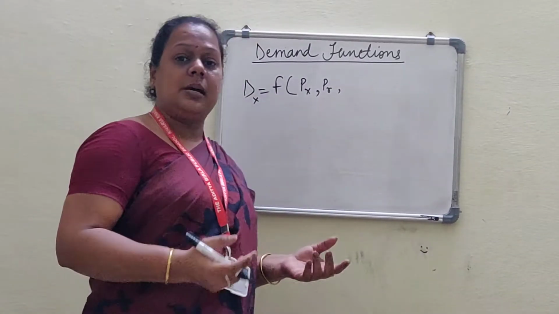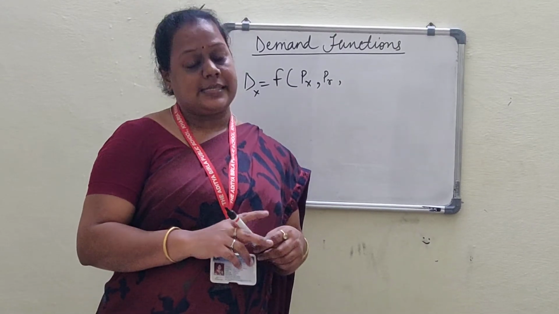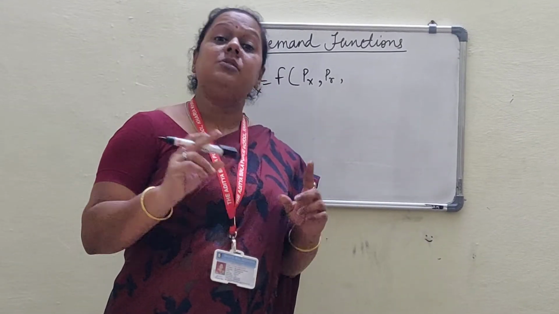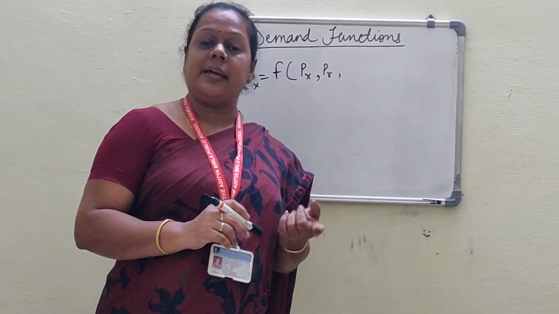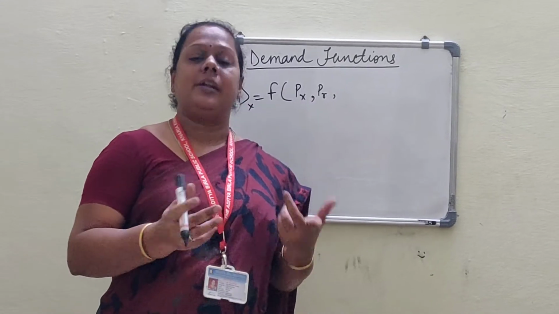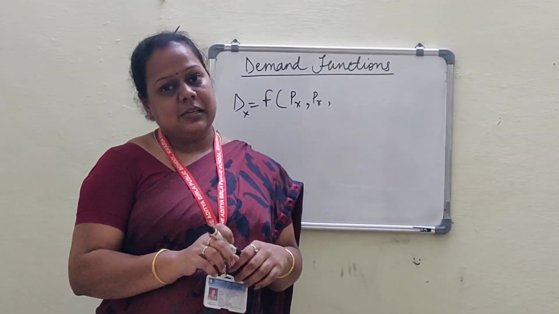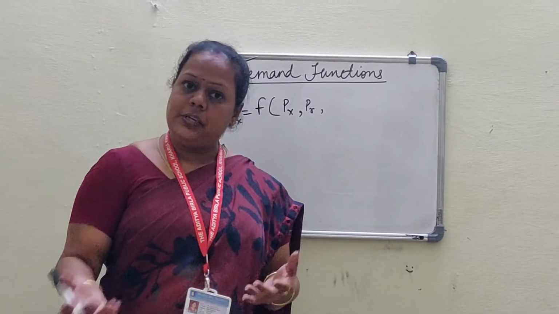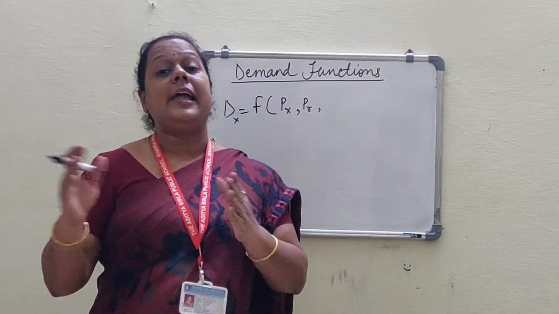Now, what are related commodities? For example, on that day when we were talking about IC curve analysis, we studied substitute goods. Can you remember substitute goods? Substitution effect. That means the things which can be used in another's place. For example, pen, pencil. For example, scooter, bicycle. For example, tea, coffee. These all were substitute goods, but they are also known as related goods.